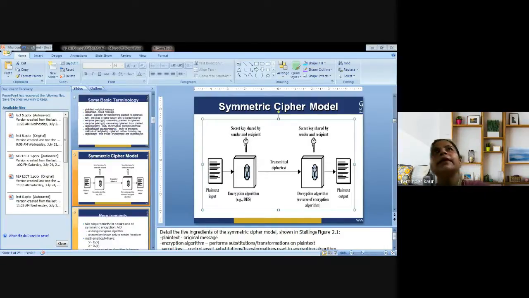So there are certain types of symmetric key ciphers that we are going to use. What are those? Symmetric key encryption can use either a stream cipher or a block cipher. A stream cipher, as the name implies, is a symmetric key cipher where plain text digits are combined with a pseudo-random cipher digit stream, that is the key stream. In a stream cipher, each plain text digit is encrypted one at a time with the corresponding digit of the key stream to give digits of the ciphertext stream.